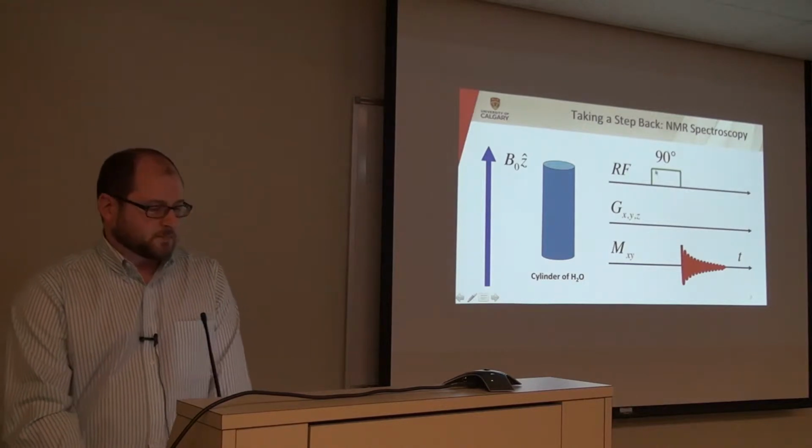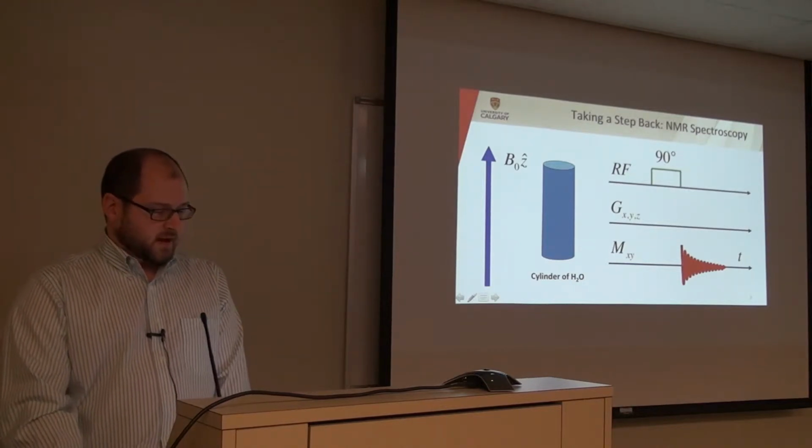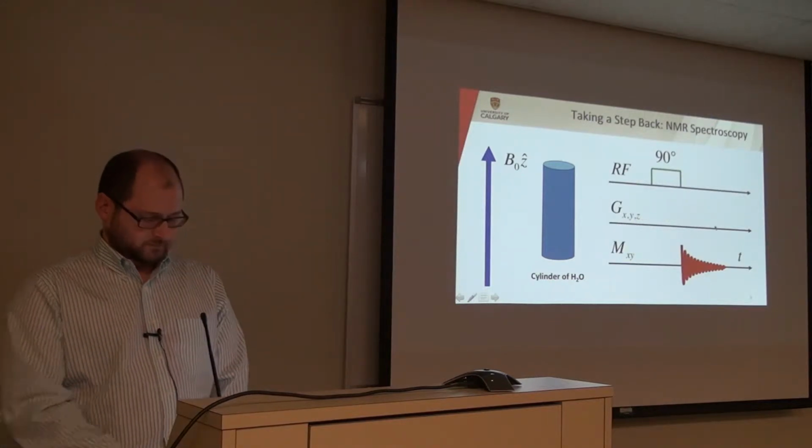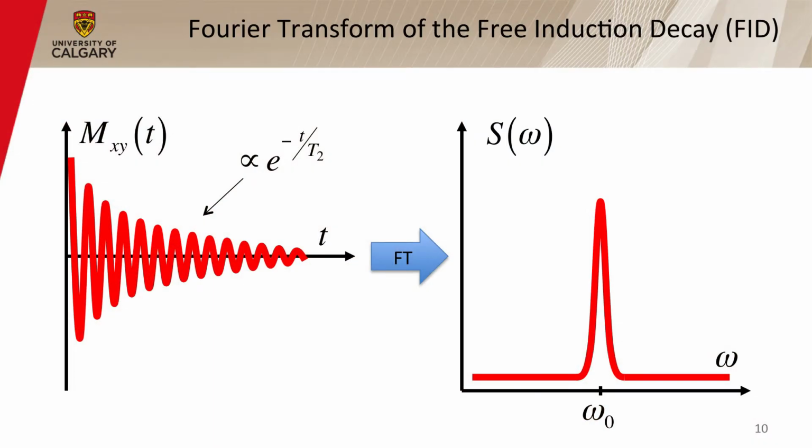So imagine we just apply a simple 90-degree pulse, and then we have our free induction decay, and we measure that. So what we can do is take this free induction decay and do the Fourier transform on it, and basically we would get a spectrum that looks like this. In this case, the axis along the bottom here is frequency, and this is just signal intensity as